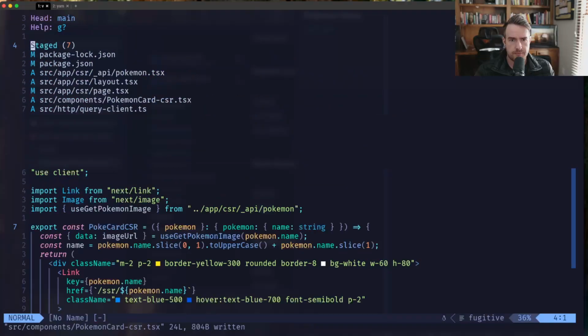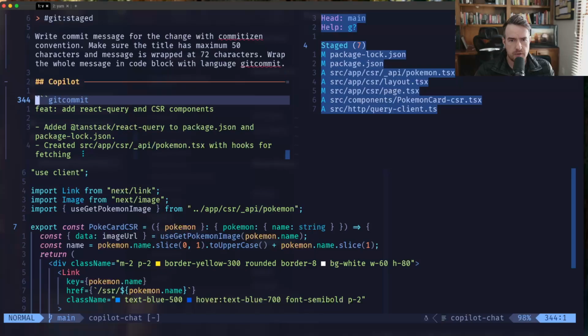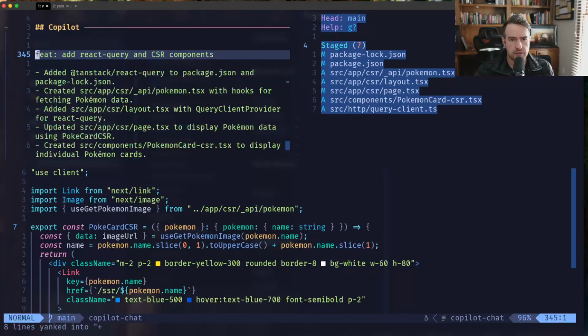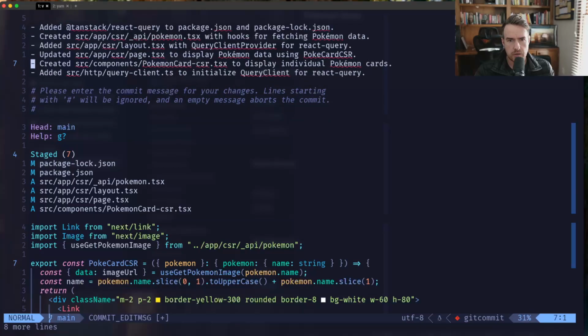All right. Let's commit this, because it's all even now. State query hooks, query client provider, Pokemon data,